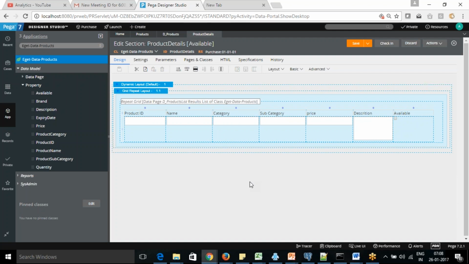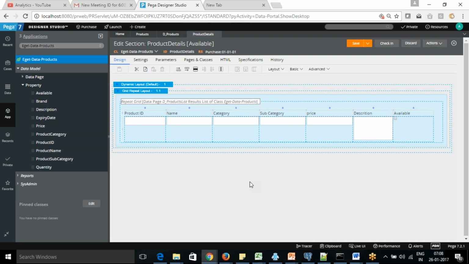And so you just do it inside here once. Because the section is for product details and you define that, it will load the entire list. So I put a repeat grid within the dynamic layout, and each row is getting repeated.